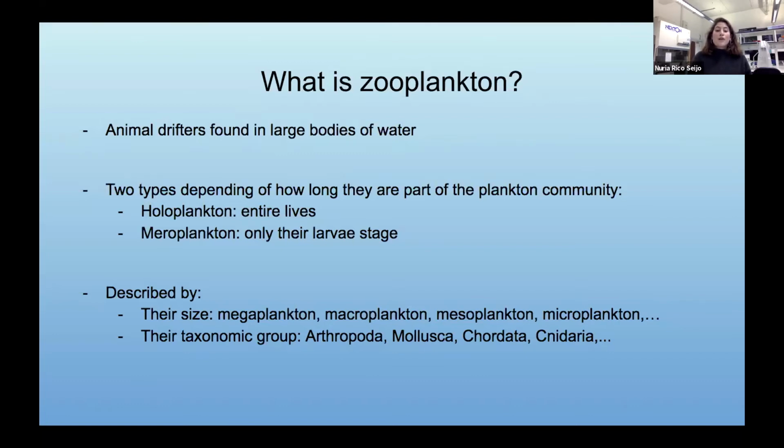Then another way would be by taxonomy group. Here we have four of the biggest phyla that we find in zooplankton, which are Arthropoda, Mollusca, Chordata, and Cnidaria. So we have this organism in front of us, and we say, ooh, it looks like it belongs to the phylum Arthropoda. And then from there, like the pyramid, we go down until we get to the point of saying, hopefully, what kind of species we have in front of us.